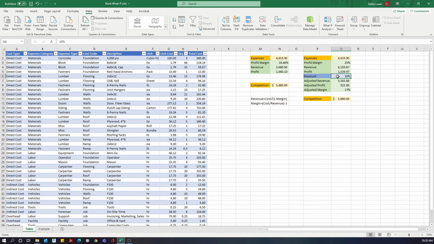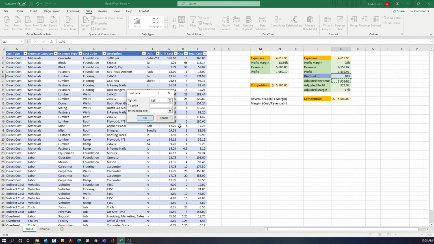Now our formula gets really complicated inside of here, but let's just go ahead and use Goal Seek, and we want our adjusted revenue to be equal to what our competitor is selling the shed for,